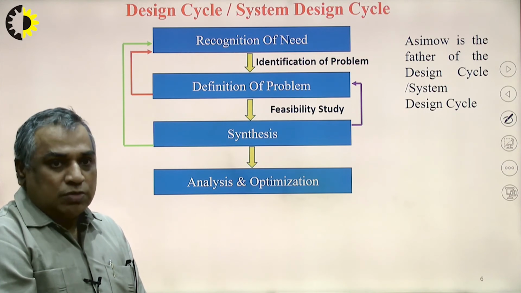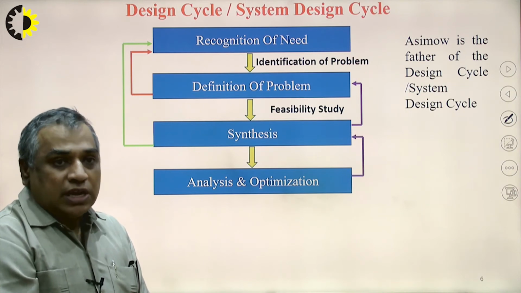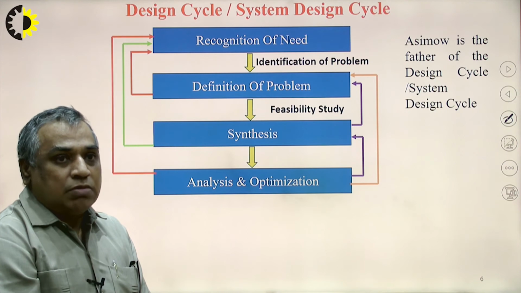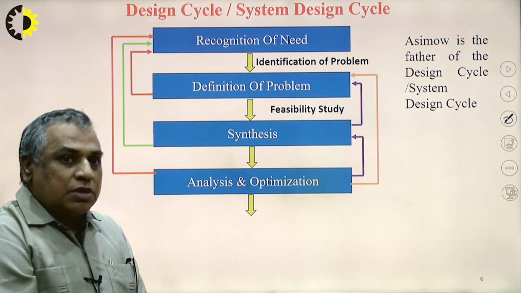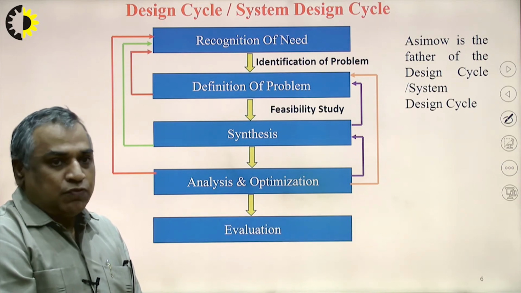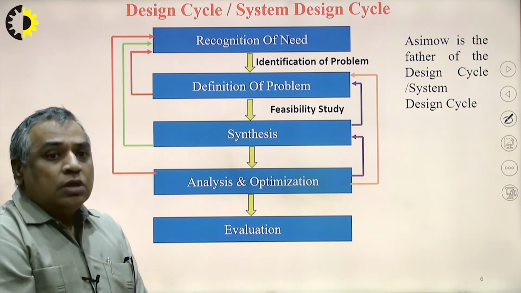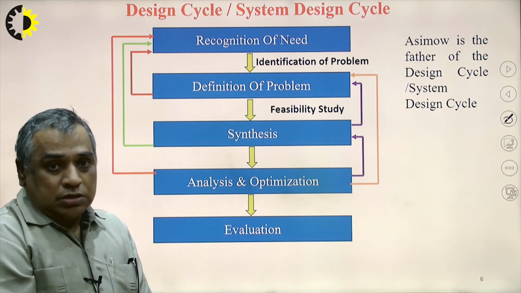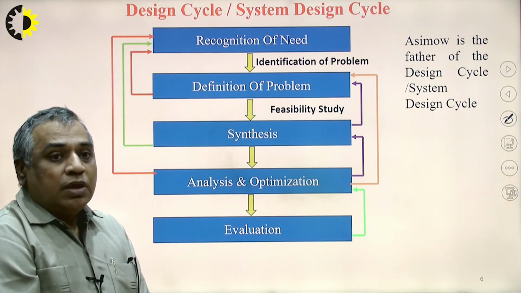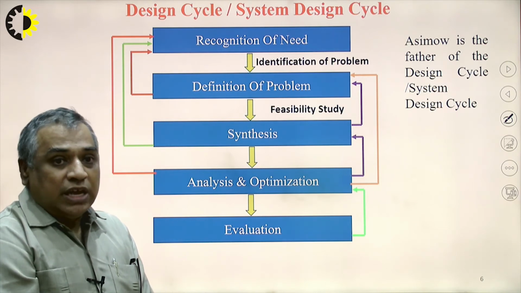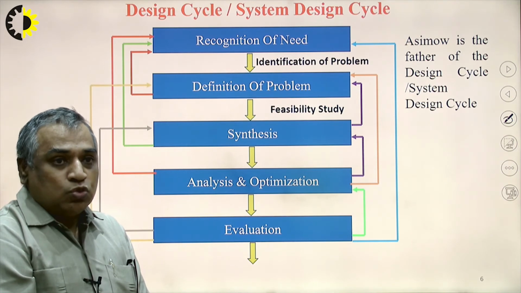If we are not able to get a single best possible solution, then we will think again over synthesis, the definition of problem, or the recognition of need. After analysis and optimization, if we are able to get a single solution, then we do evaluation for that single solution, whether it will be successful or not under the desired condition. If it is not successful, we will again think over each and every step, and once it is successful, then we will go to the next step,